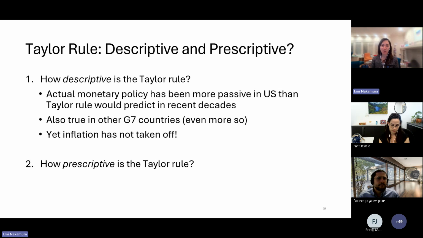So now I want to move on to a second question, which is very related to some of the questions that I just got from the floor, which is: how prescriptive is the Taylor rule? So for example, for the kinds of very large deviations we saw from the Taylor rule during COVID, but also for the deviations that we see earlier in the sample period in the United States and in other countries, if we see a big deviation between interest rates and the Taylor rule, does this represent prima facie evidence for monetary policy being suboptimal? Does it mean necessarily that the central bank is doing something wrong from the standpoint of monetary theory? So